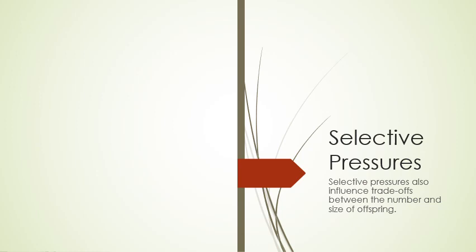What triggers whether you're going to be a type 1, type 2, or type 3 organism is going to be selective pressure. What are the selective pressures on your population? And that's going to influence the number and the size of the offspring. Some organisms produce a single large offspring. Great white sharks produce, it is believed, 1 baby shark per reproductive episode. 6 foot long when it's born. Can you believe that? A 6-foot baby shark. Totally ready to hunt on its own.